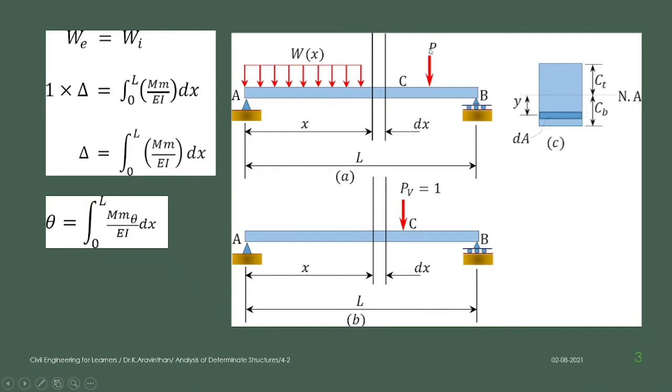Instead of applying a unit force, you can apply a moment at a point. Say, for example, if you need deflection at point C, you can apply a unit load at the point C and take the moment in order to find the deflection. If you need theta, you can apply a moment at the same point, find the reaction and take the bending moment in order to find the slope. So here m theta is a unit moment which is being applied at the point C. By these two formulas, you can find the slope and deflection of a beam at any place.